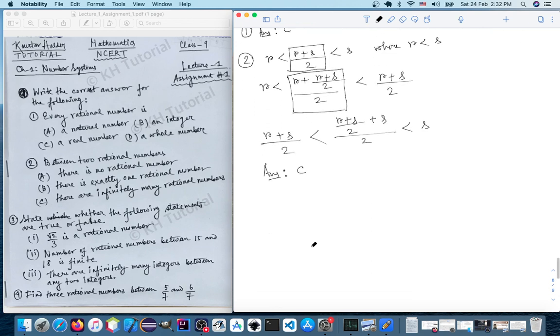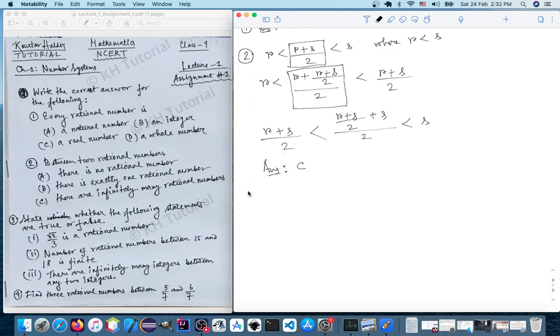Okay, problem 3 asks to state whether the following statements are true or false. The first statement says root 2 by 3 is a rational number. It is false